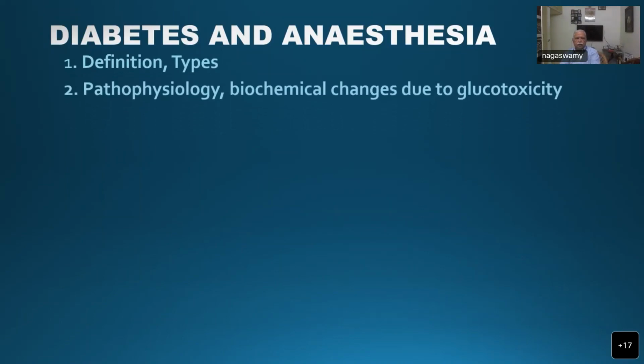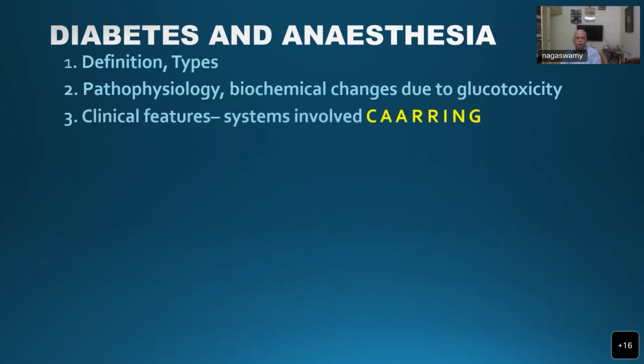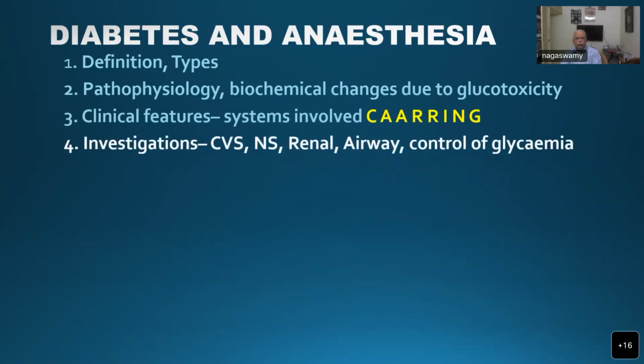What are the pathophysiology and biochemical changes due to glucotoxicity? What exactly is glucotoxicity? What happens when your blood glucose levels go up? And the clinical features, and what are all the systems involved: cardiovascular, autonomic, airway, renal, respiratory, immunology, nervous system, gastric, all these systems which are involved, and what investigations are needed with regard